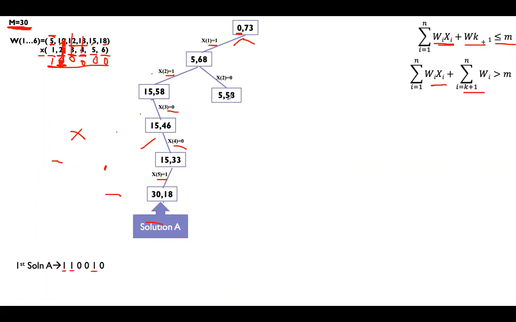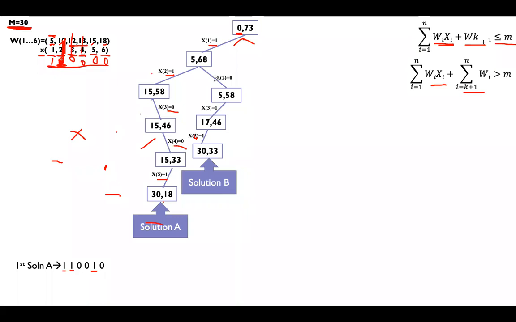Next, here, are you going to select x3? Yes, we need x3 in the solution. So x3 will be equal to 1. If x3 is equal to 1, 5 plus 12 is 17, and 68 minus 12 is 46. So x3 is selected. Next, are you going to select x4? Yes, x4 is also needed for the solution. x4 is equal to 1. x4 is equal to 1 means 30 you will get. Remaining is 33. So we have come to the next solution also.